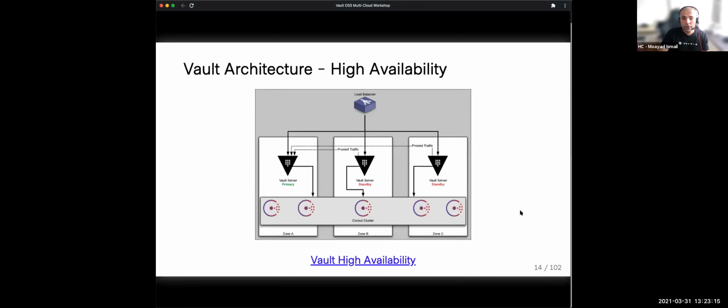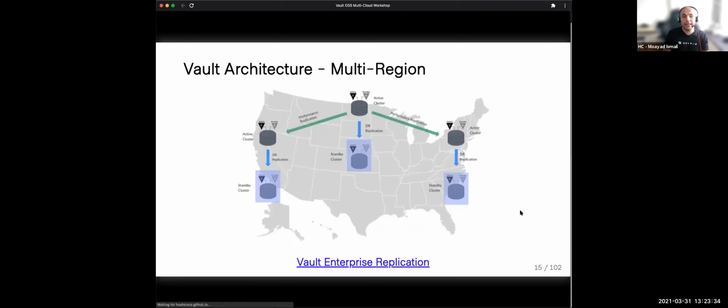Vault plays a critical role in a lot of organizations today, as Cam mentioned, especially in the financial sectors. So availability is a key requirement, and Vault is architected to be highly available. We can have standby servers that can step in when there's a failure in the primary. And in the enterprise version, it allows you to scale out even more, where you can deploy multi-region, with a single control plane from a central vault that you're able to control, replicating secrets across different regions. This is part of our enterprise offering, and it allows you to scale operations of Vault, in unlimited fashion, really.